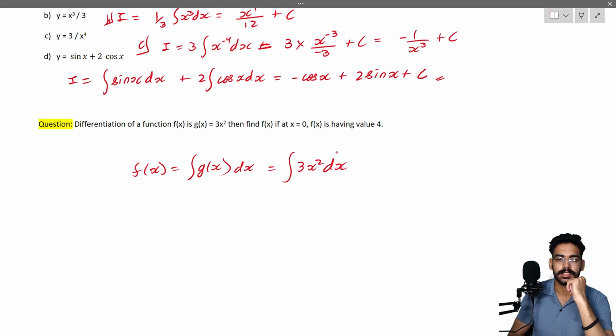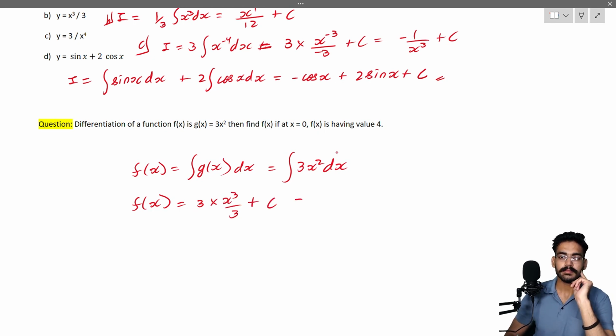Right. Now let's integrate. What did you get? f(x) equal to 3 into x cube by 3 plus c, right? That is x cube plus c. This is your f(x). Now see here, I told you that for calculation of c there will be some value